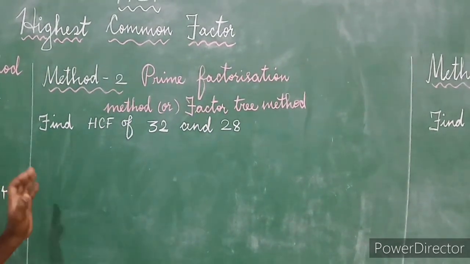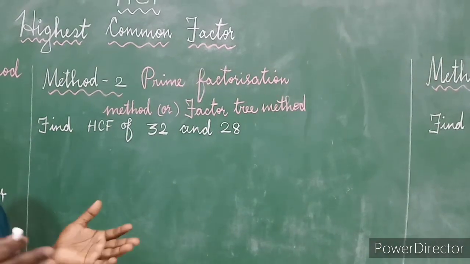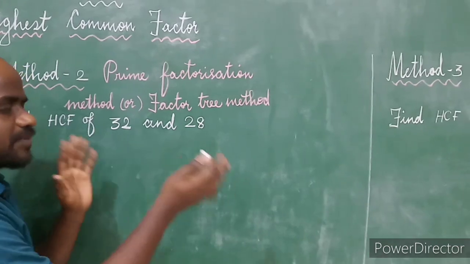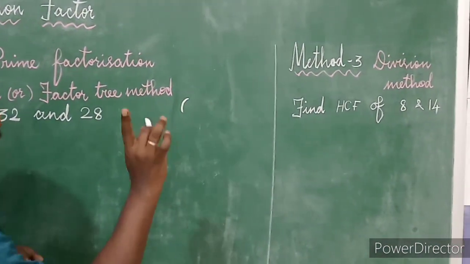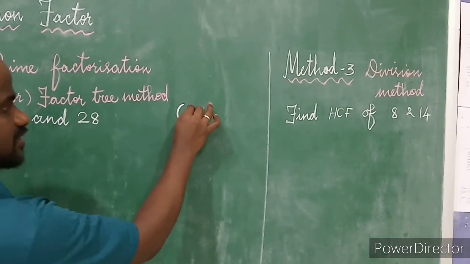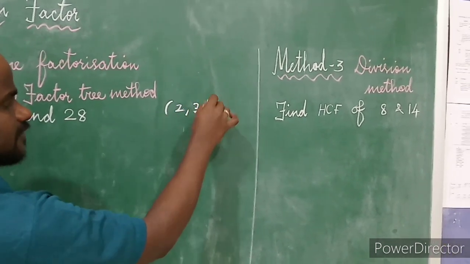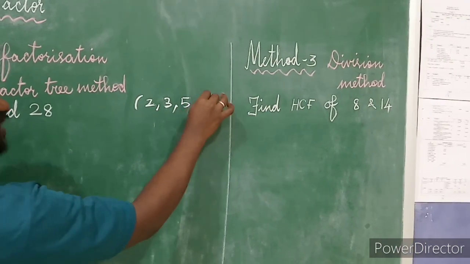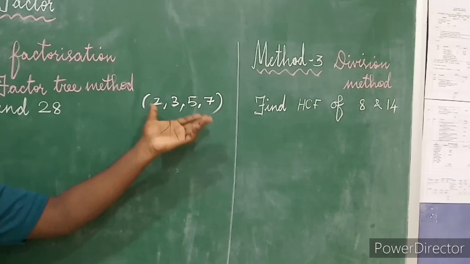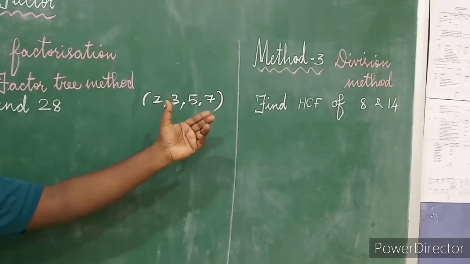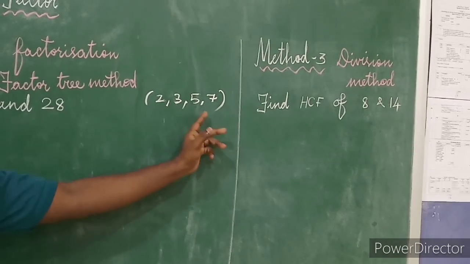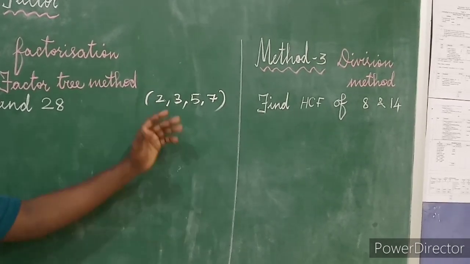For those who find it difficult to grasp the idea of prime factorization, I'll give you a clue. We are going to use the prime numbers between 1 to 10. What are the prime numbers between 1 to 10? 2, 3, 5 and 7. Mostly we will be able to divide whatever number they give at the basic level using only these 4 prime numbers. These 4 prime numbers have only two factors, which you can check by yourself.